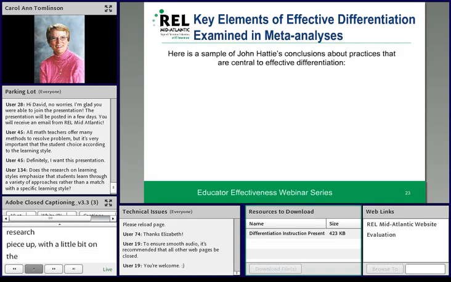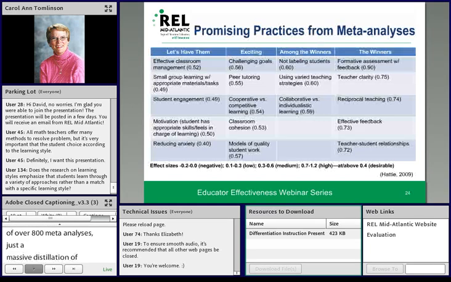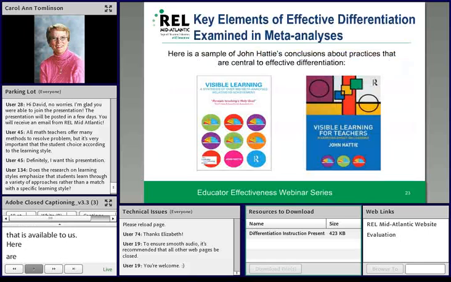Many of you probably know his work. He has done a massive job of doing a meta-analysis of over 800 meta-analyses, just a massive distillation of research that's available to us. And here are some things that he says are,